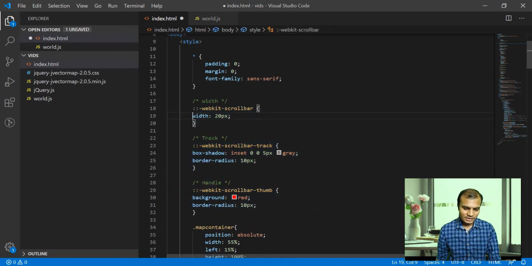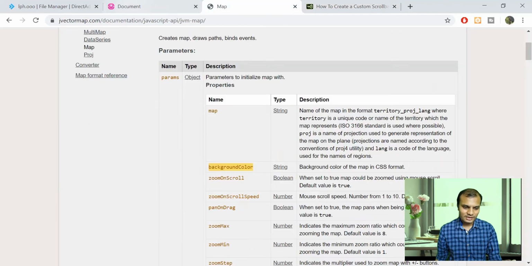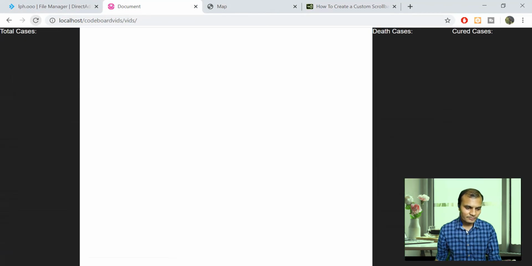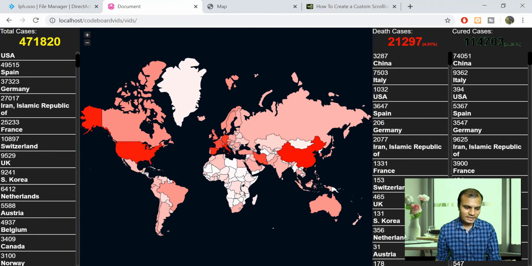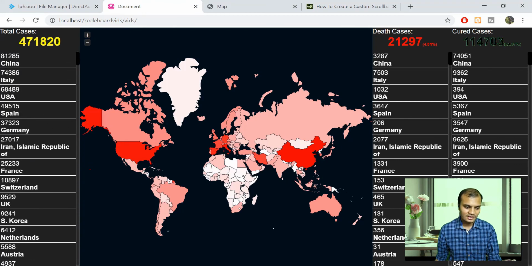In the scroll bar styling, let me set the width as just 10 pixel, and this background I am setting black instead of red. And this should be gray. Let's keep it as it is, and let me check how it looks. So let me go to the application again and refresh it. Okay, so you can see it does look much better than the previous one based on our application theme. So the application is looking much more professional now, but there is still an issue in